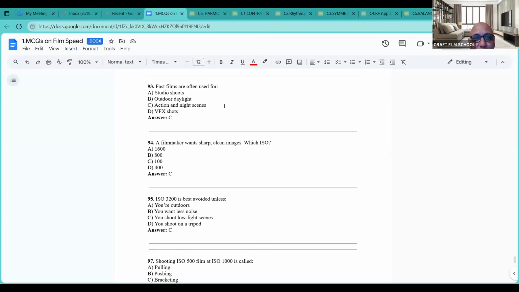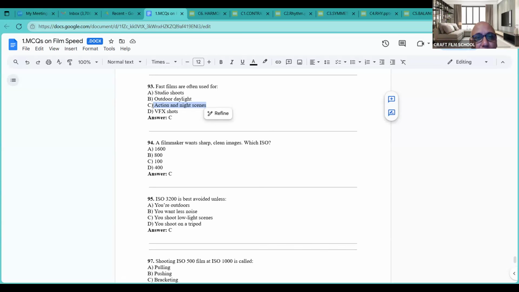You can use the 100 ASA film also. For a studio shoot also, you can use 100 ASA. So when you talk about the fast film, normally we say 800 ASA plus. So whenever you need slow motion, the same thing has come again. Remember, we discussed slow motion. Why was that 50 ASA the wrong choice? Because in action, you need to shoot at slow motion, and slow motion means you need to boost the light level and you don't have lights. So what you're going to do is boost through gaining the speed via